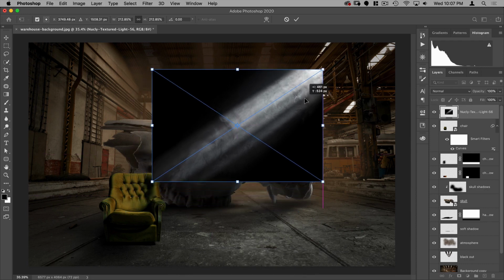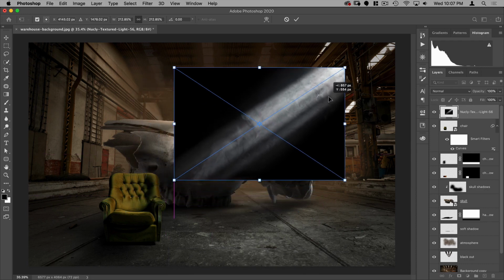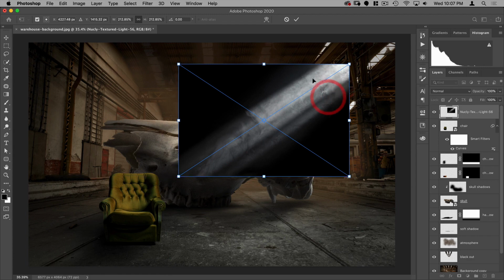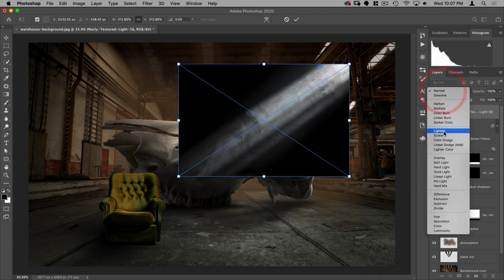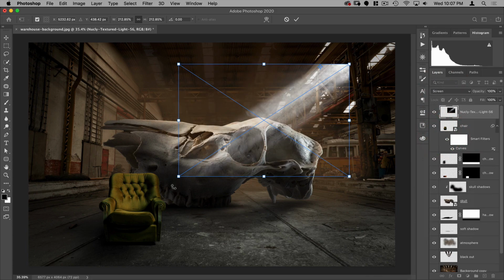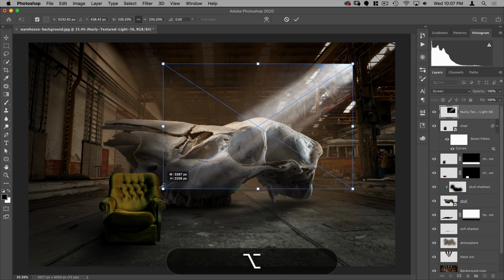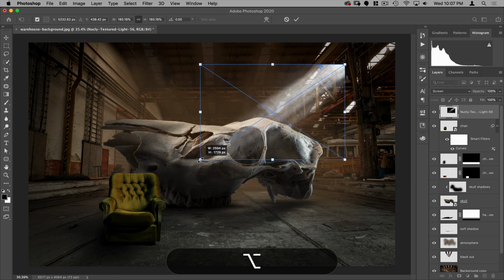So we'll just place that right about there. Bring our anchor point to here. And I can change this to screen so I can see what it looks like as I'm working on it. And then just hold down Option and make that bigger or smaller. I think right about there looks good.